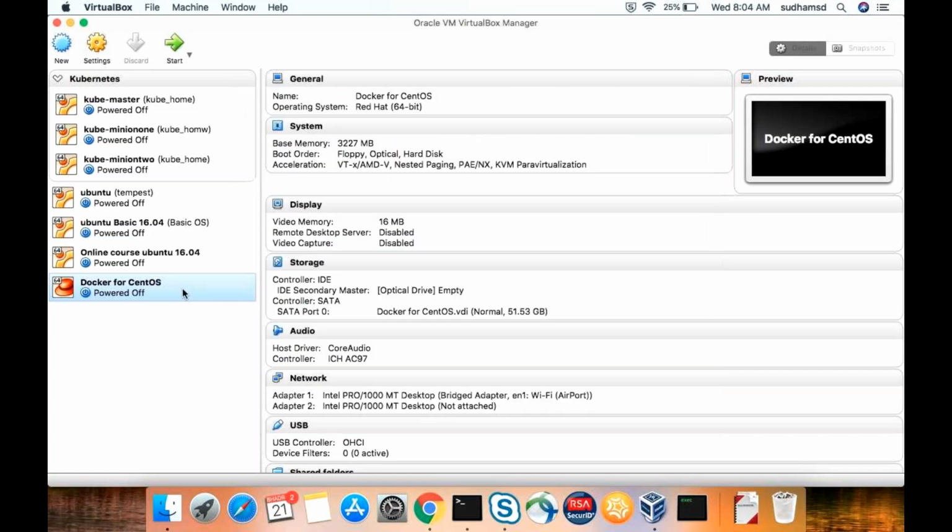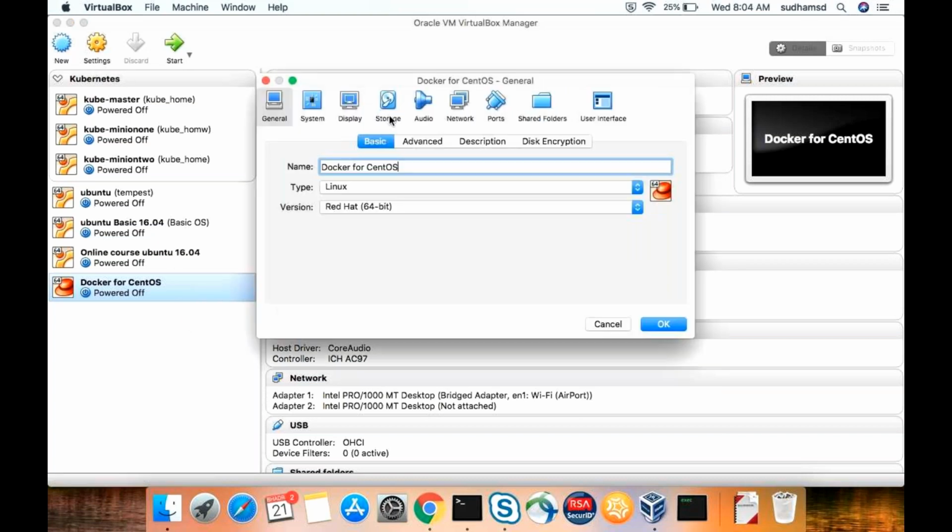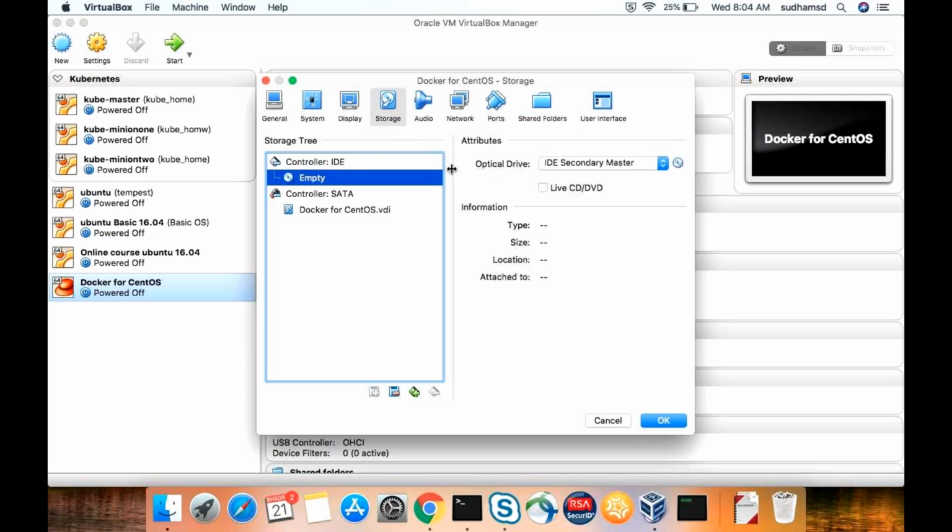Oh, I forgot to give the ISO. So storage is empty. It's up to us whether to give bridge or NAT, and it is your requirement. See, I have enough IP addresses in my router, so obviously I can go for bridge instead of giving NAT and host-only and facing the problems with those. I will give only a single IP, with both internet connectivity and the ability to communicate from one machine to another physical machine with this bridge IP.